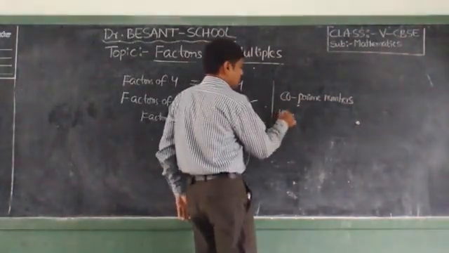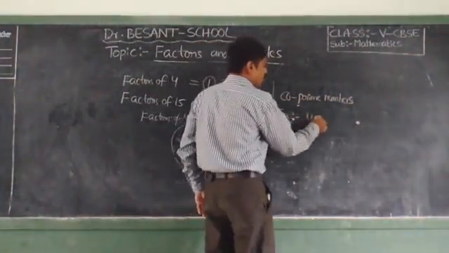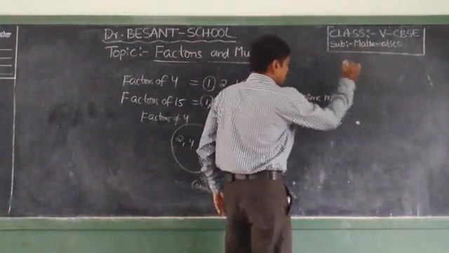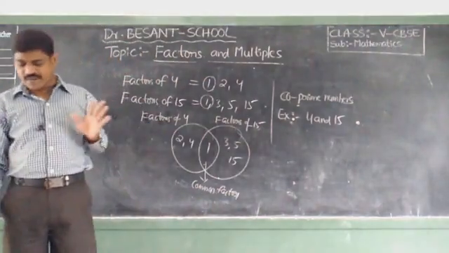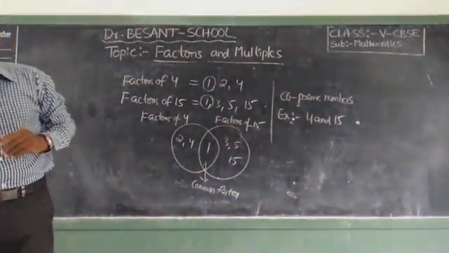Example, 4 and 15. 4 and 15 are co-prime numbers. This is one example. Okay. Next,